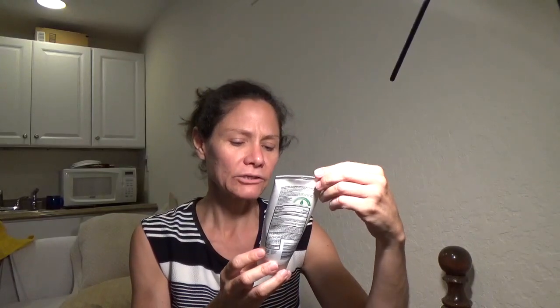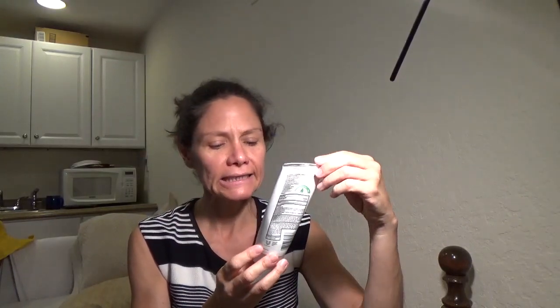impurities. So I need something that scrubs, but what I like about this is it doesn't dry out my face. It gives it a good scrub, but it doesn't dry it out. It has a little salicylic acne medication. I don't have acne, but I do have a lot of, like I said, impurities that clog my pores, like blackheads. So I need to treat what's underneath the surface, and then on top,